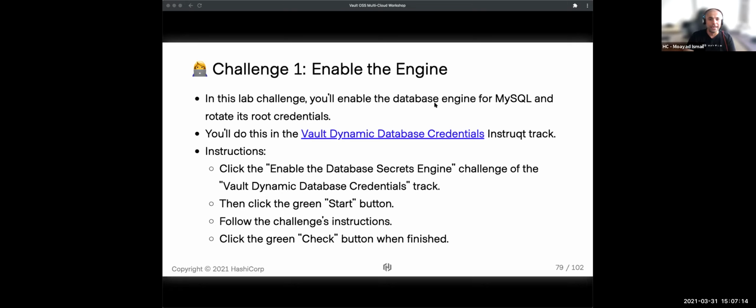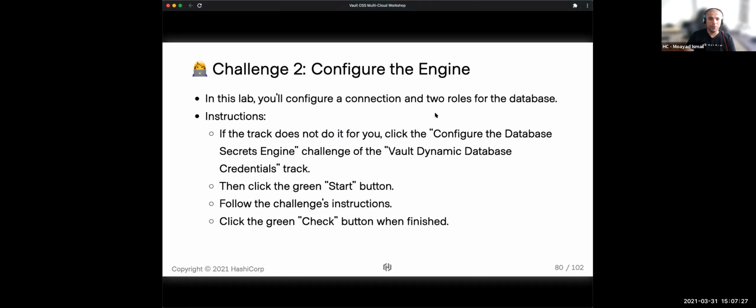Just wanted to quickly recap the challenges, and then we'll go to the last section of what we need to cover today. So we did the enabling of the engine. That was quite straightforward. After we enabled the secret engine, we configured it with two roles with different TTLs, and the configurations for the creation of the user, what they are authorized to do on the database.